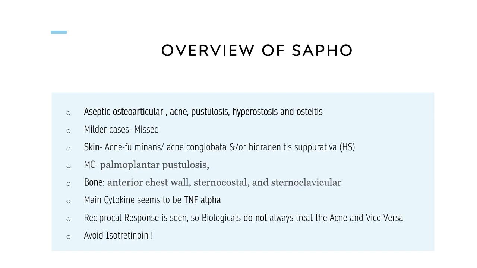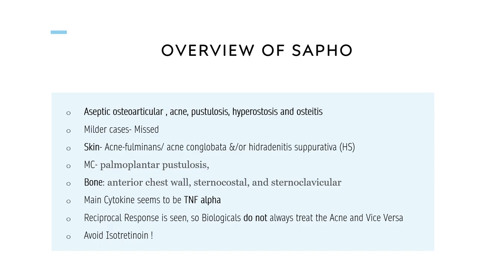And the important thing here is that when you treat the autoinflammatory syndrome with biologicals, the acne may not respond, in fact, and vice versa. So you've got to combine therapies for both the acne and the syndrome itself. And one should, of course, avoid isotretinoin. There are paradoxical flares in SAPHO. So the essential part is the fact that the biologicals don't necessarily improve the acne, which goes to show that maybe